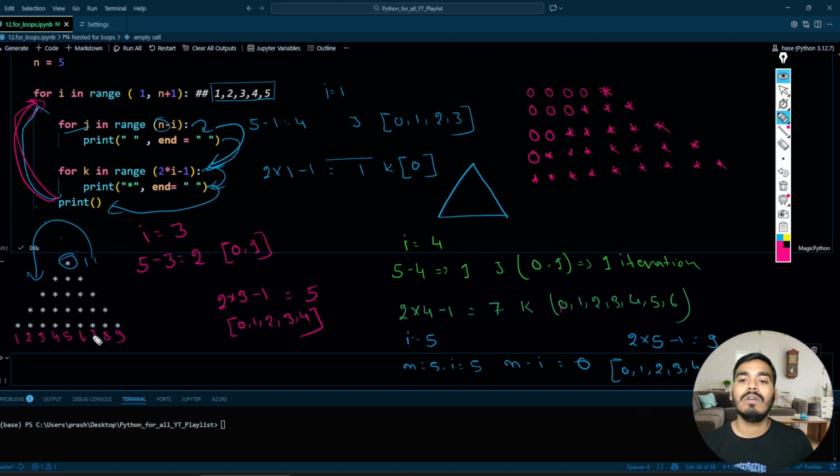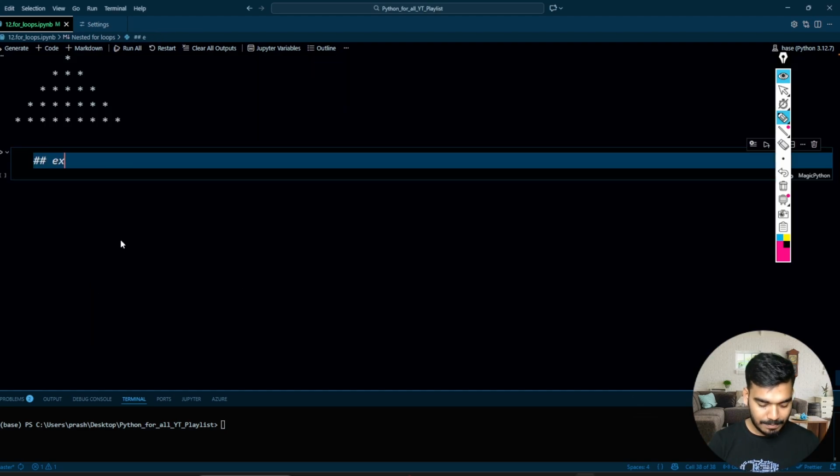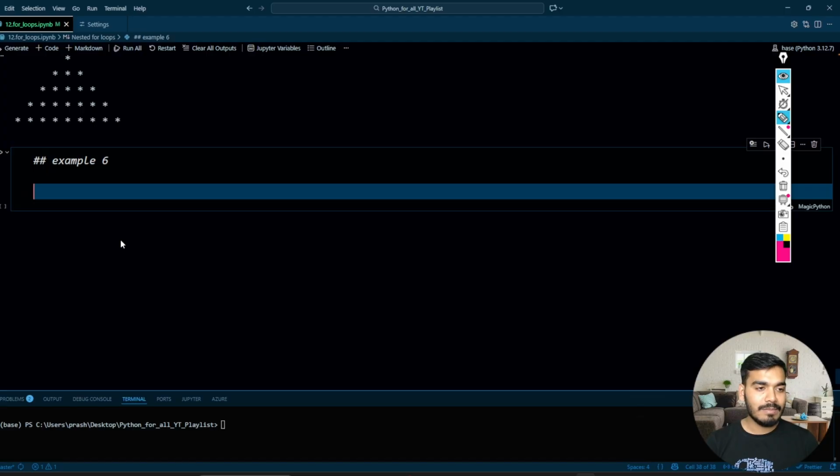So this is how it is going to work, guys. I have given all the energy to explain how you can make this pyramid using the nested loop. So this is example number 6, right? Example number 6 is saying, write a Python code to